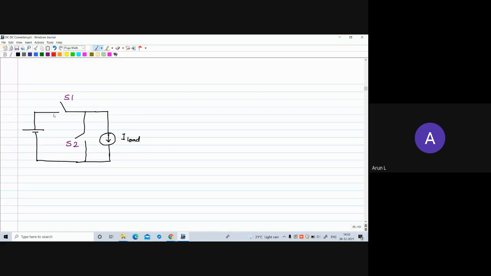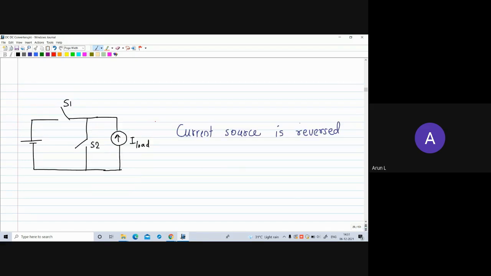Now if you want a boost operation, what we can do is interchange the roles. Here this side is source and this side is sink. Suppose we make the right side the source, and power is absorbed on the left. That can be done by changing the direction of this current source. So if you reverse the current source, it will inject current into this port. So it is delivering power.